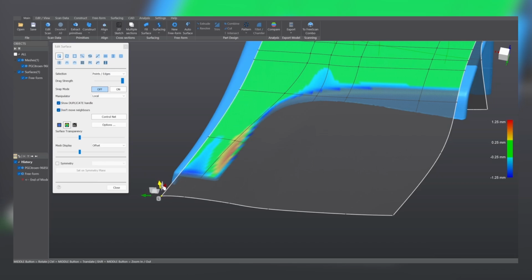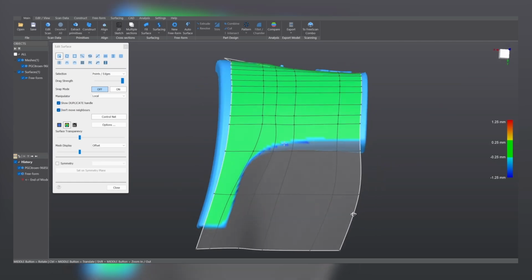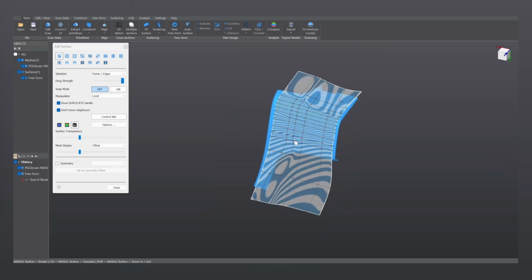This might need some time, patience, experience, I would say as well. But in the end, it's a matter of trial and error. Okay, I'm quite satisfied with the result now. And before continuing, so now the surface is adjusting quite well onto the mesh, but let's check the surface quality